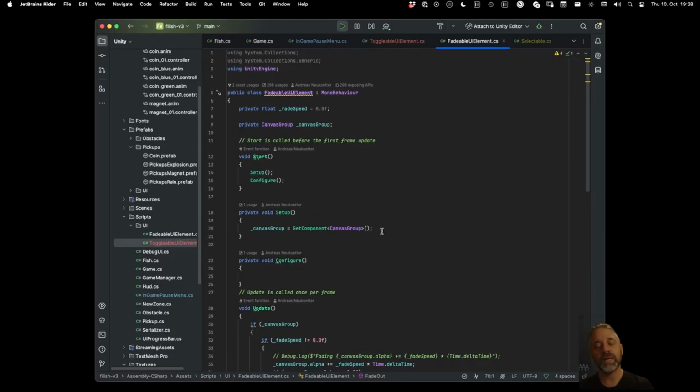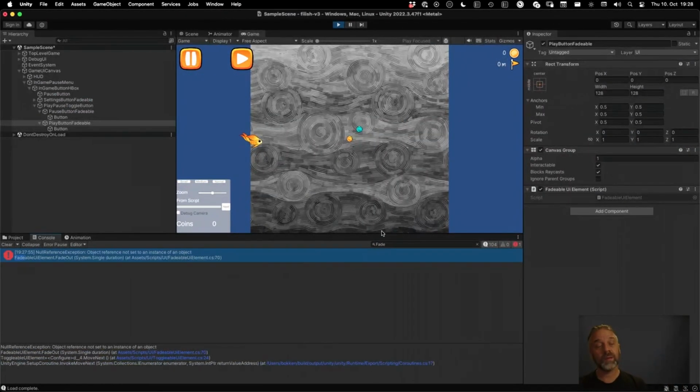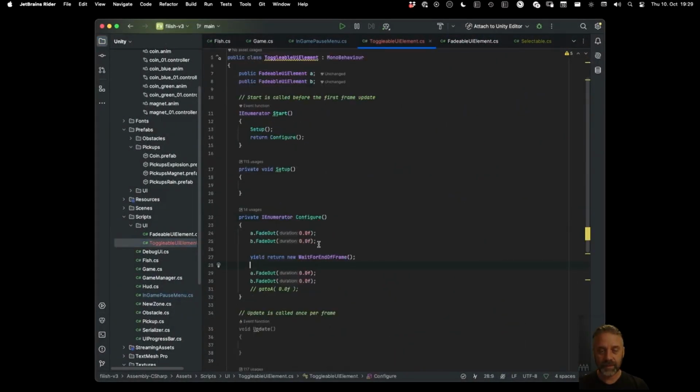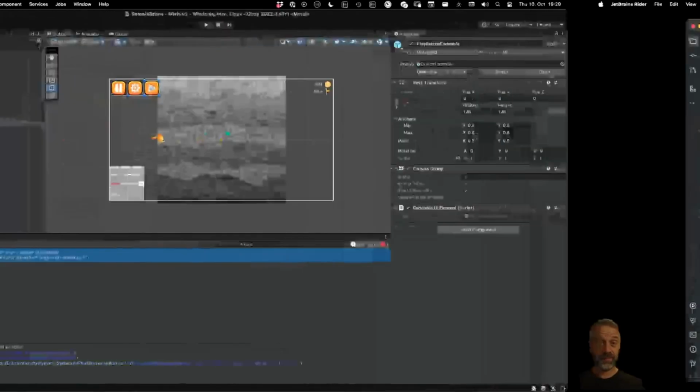The canvas group is not set because our setup is not done yet. Oh. Initialization order. So the problem is, right, the toggle this here cannot call these because they don't exist yet, right? So